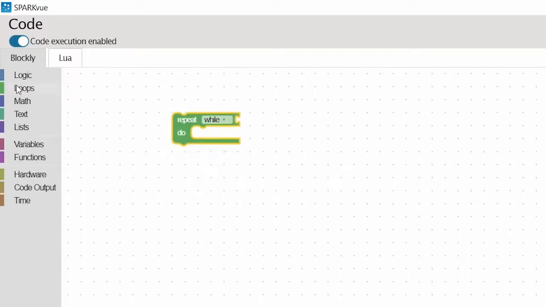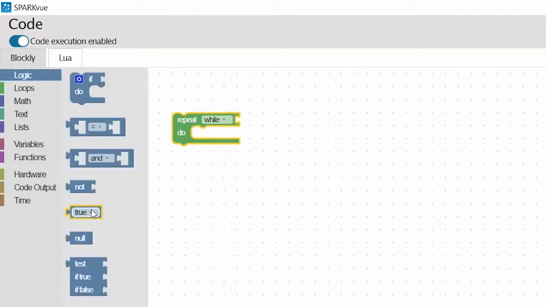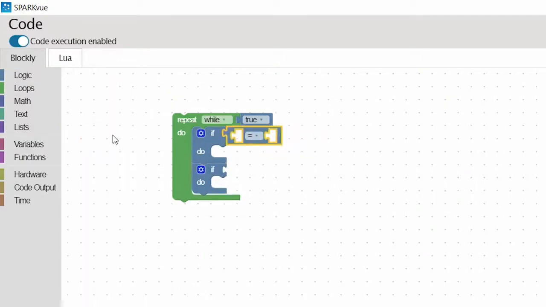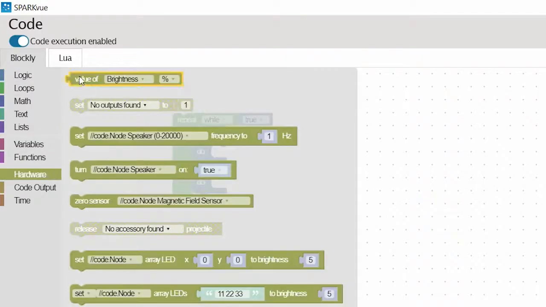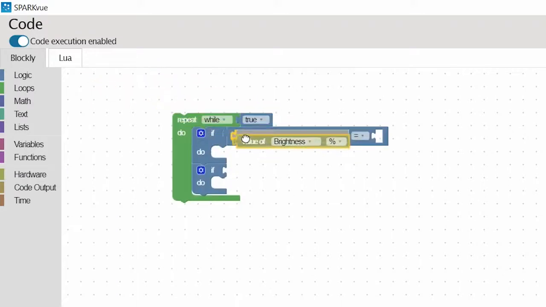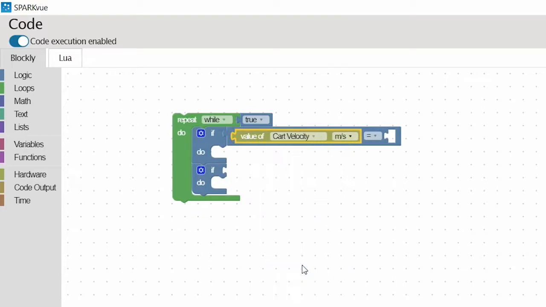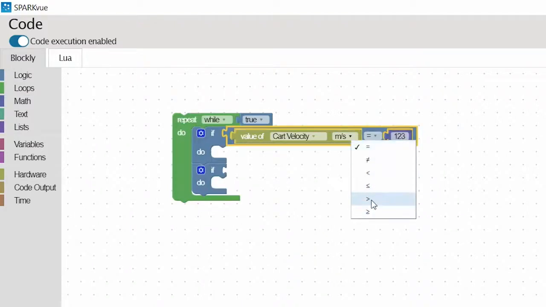All right, so I'm going to pull in a loop, and this basically is telling the program I want it to run over and over again until I hit stop. And then I'm going to bring in 2 logic blocks. The hardware you're going to be utilizing in this program, you choose this first one, and you're going to see it says brightness right now, but when you click that, it gives me the ability to choose cart velocity. So when the cart's velocity is positive, greater than 0,